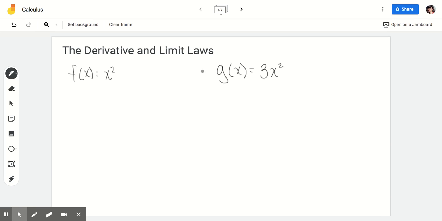Okay, in this video, I'm going to talk a little bit about how we can use the limit laws that we thought were kind of silly in our last unit to really help us simplify these problems that we're doing right now. So if we look at f of x equals x squared and g of x equals 3x squared,